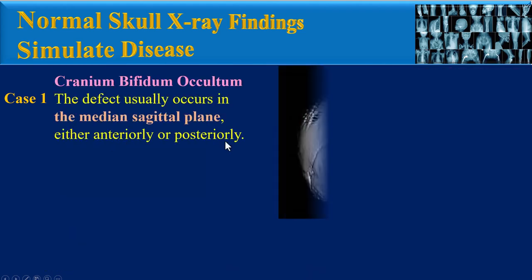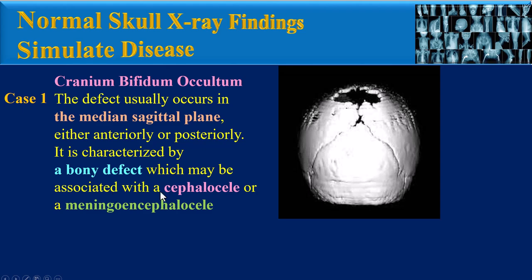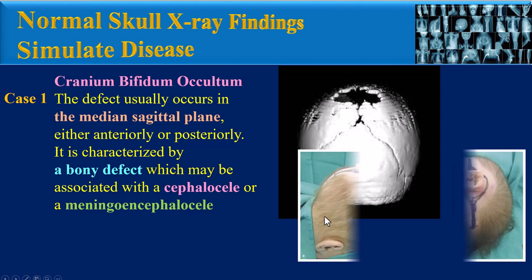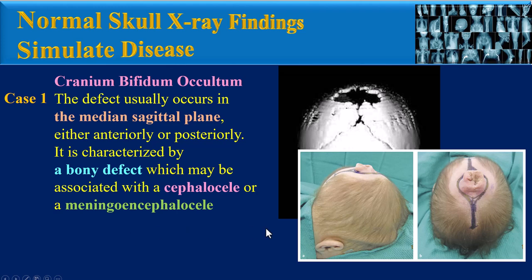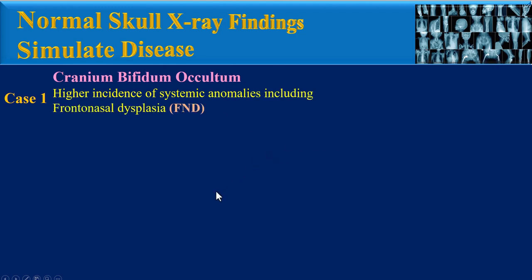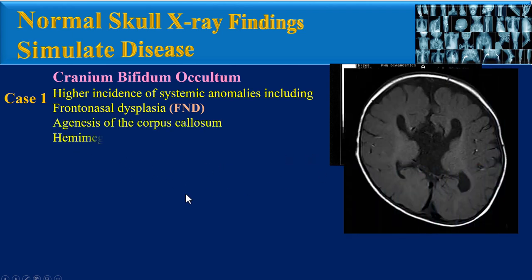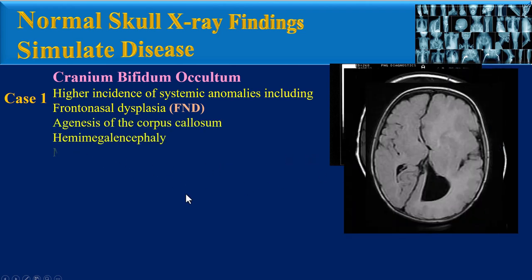The defect usually occurs in the median sagittal plane, either anteriorly or posteriorly. It is characterized by a bony defect which may be associated with a cephalocele or meningoencephalocele. In cranium bifidum occultum, there is a higher incidence of systemic anomalies including frontonasal dysplasia, agenesis of the corpus callosum, hemimegalencephaly,